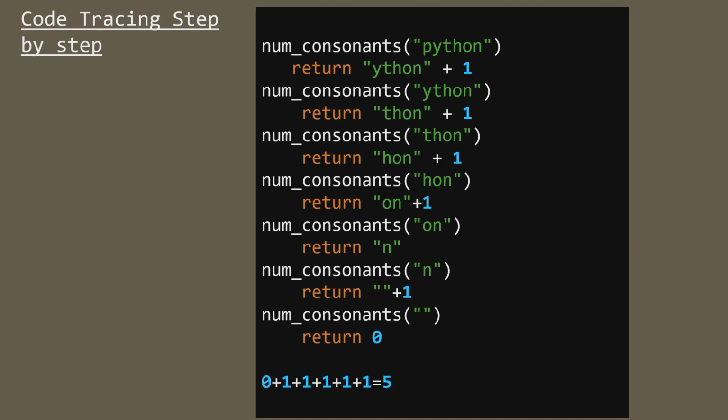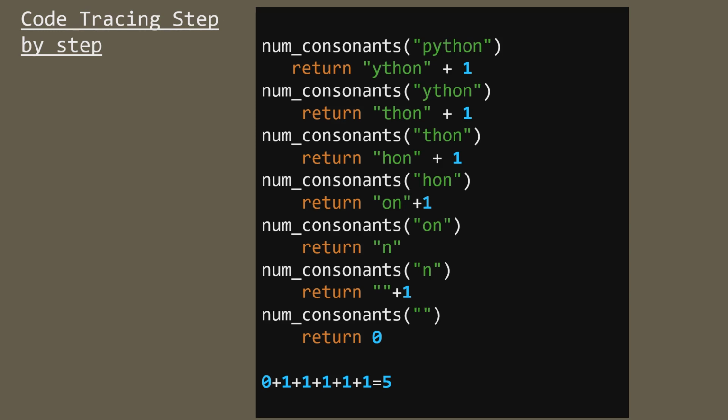And again the num_consonants function will be called with the string THON, and this time it will return HON plus 1 because T is also a consonant. Now again num_consonants will be called with the string HON, and here it will check whether H is a consonant or not. Yes, it is a consonant, so it will return ON plus 1.